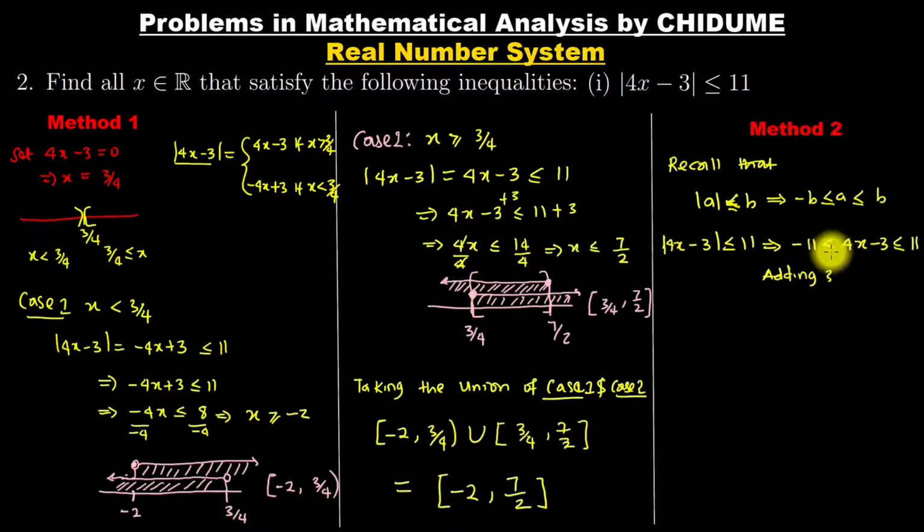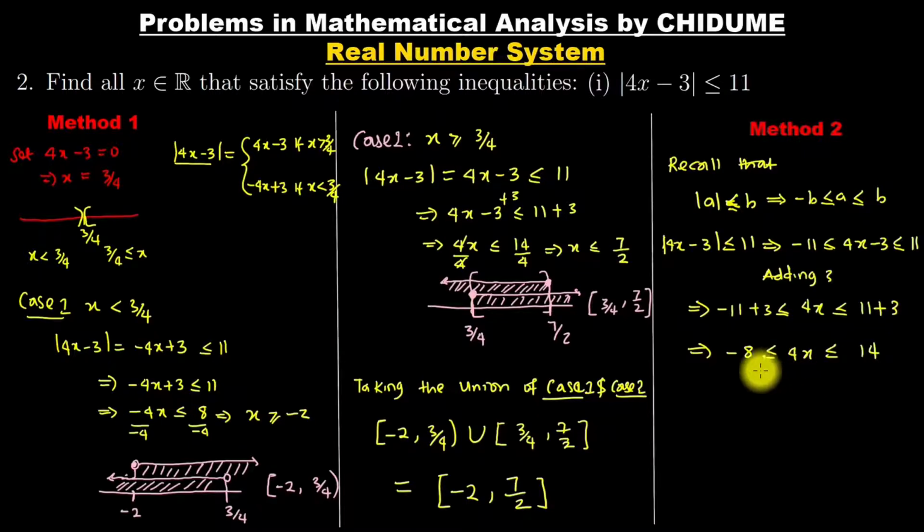to each of these terms here, that means I'm going to have negative 11 plus 3 to be less than or equal to 4x, to be less than or equal to 11 plus 3. And here I'm going to have negative 8 to be less than or equal to 4x, which is less than or equal to